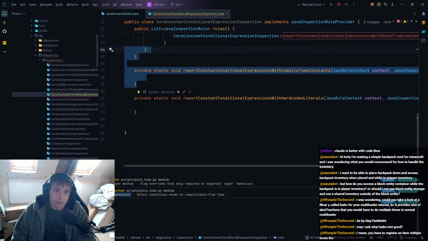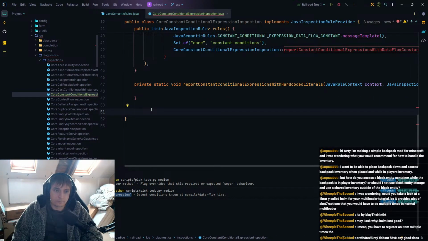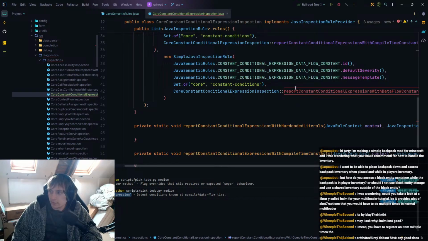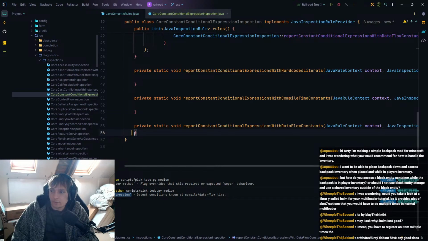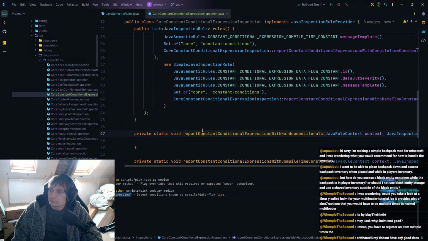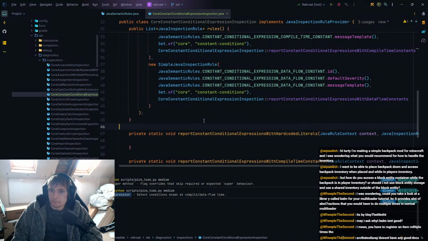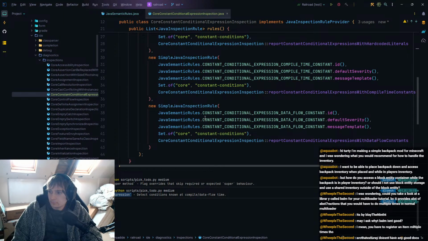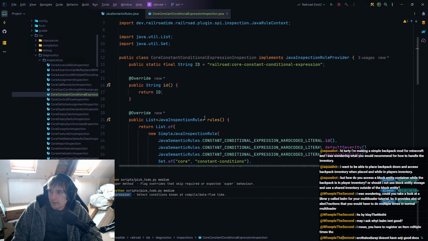I mean, you have to register an item multiple times, though? No? I don't know what to tell you. You don't. Why would you register an item multiple times? That kind of defeats the point of multi-loader if you're doing that. The entire point of multi-loader is that you do it once and it does it for both loaders. So why would you register an item multiple times? I think you're, no offense, but you are, I think, a little bit, I